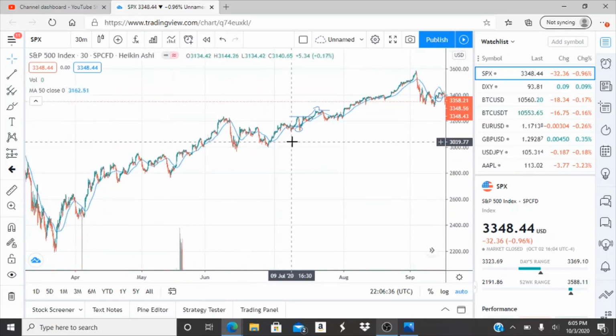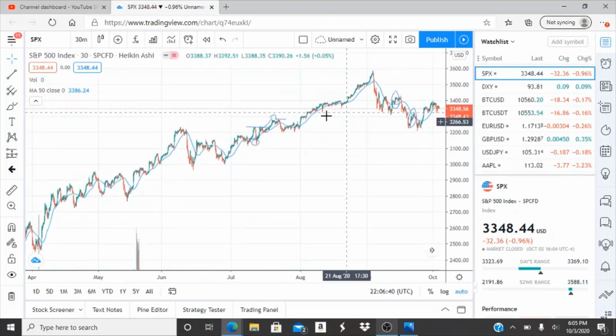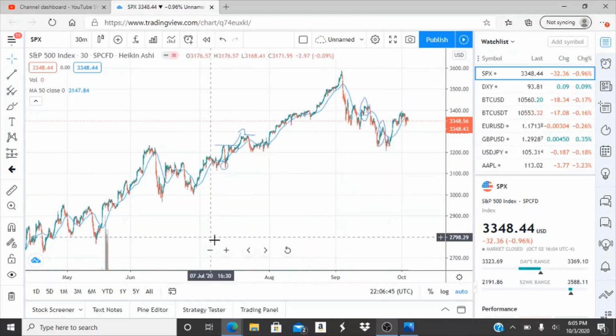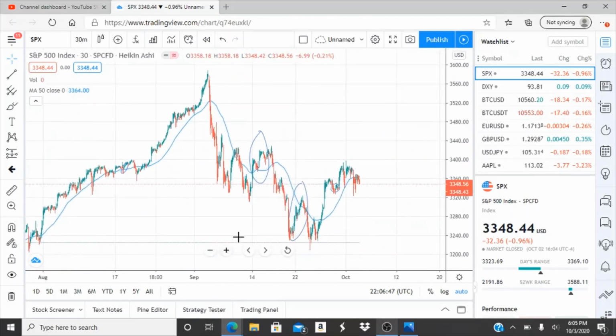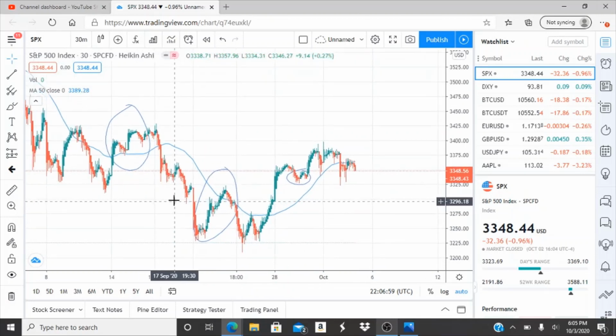But this has been rising up, and it was a great run. It hit highs, and from this point forward, it actually started to fall and it became more turbulent. The volatility has always been there, but these pumps were actually supporting the market on rising up. But we're going to look at the pumps now because this is the state that we're in. We're not in that bullish run anymore.